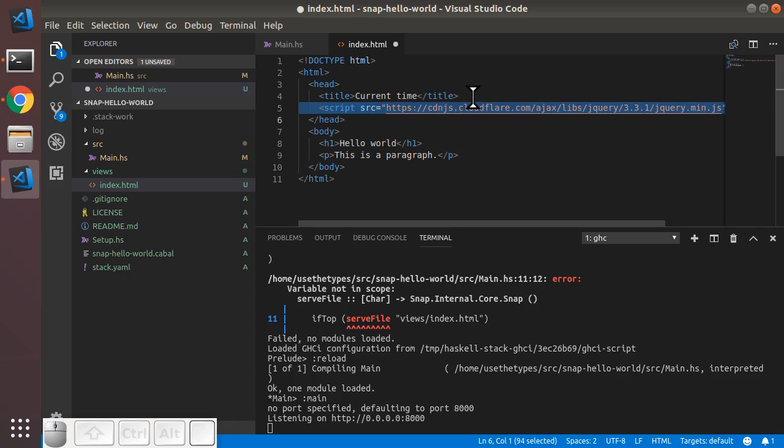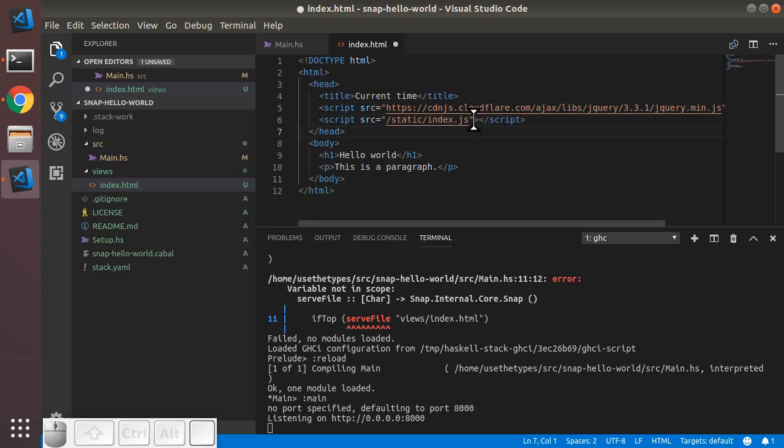So we're actually going to pull this jQuery.min.js file from the CDN, not from our application static directory. You can, of course, package these scripts with your app if you choose to do so. We'll have another script tag here to pull index.js from a static directory, which is what we'll serve from our